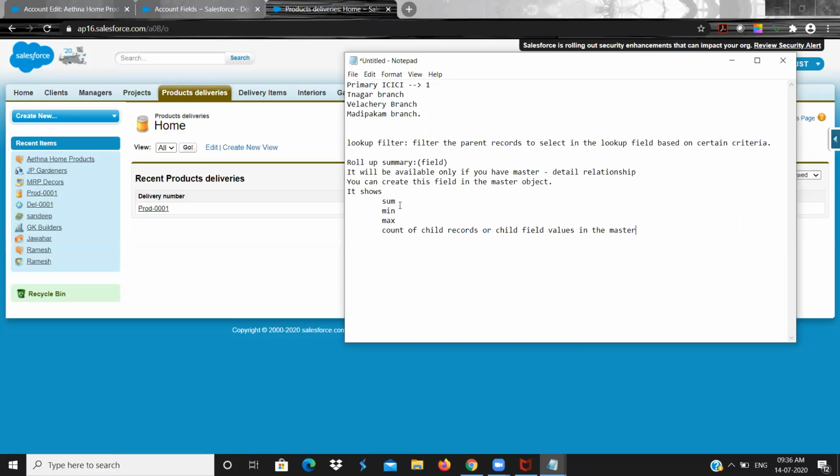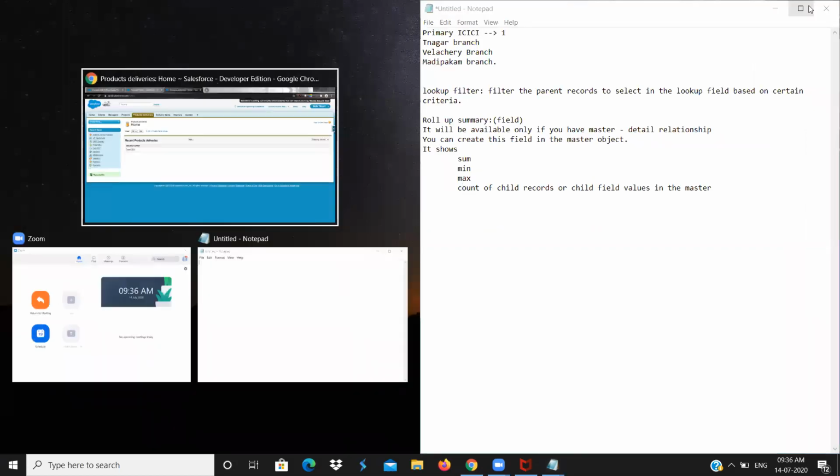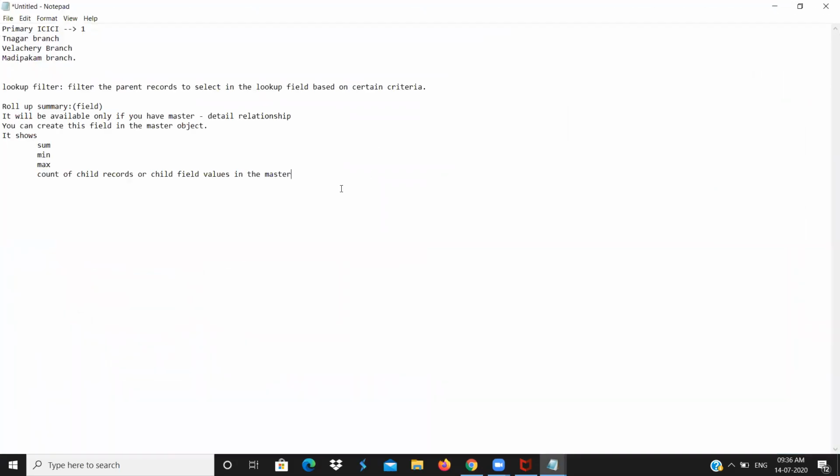So sum, minimum, maximum or aggregate, that is mathematical function, right? So in child I have a field called amount. For example, I have 10 child records, and each and every child record has an amount field. So I wanted to add those amounts and display it in the parent. So 10 child total amount, how much they have.